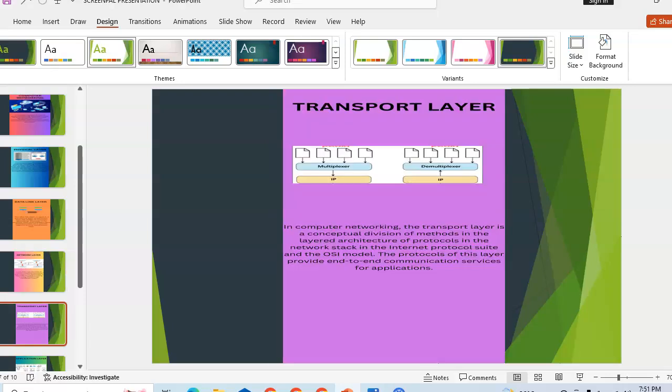Okay, let's also look at the transport layer. In computer networking, the transport layer is a conceptual division of methods in the network stack, in the Internet Protocol suite and the OSI model. The protocols of this layer provide end-to-end communication services for application. Okay,